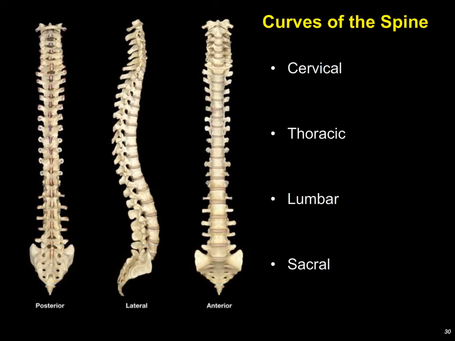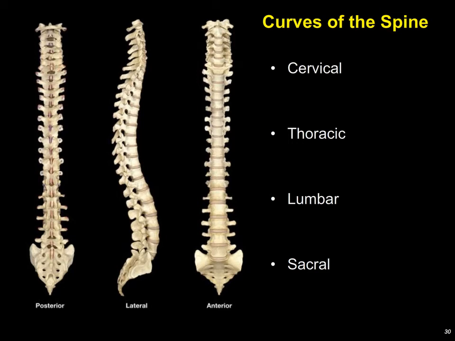The normal curvatures of the spine are probably best viewed from a lateral view. Overall the spine has an S shape with concave cervical and lumbar curves and convex thoracic and sacral curves. These curvatures increase the resilience and flexibility of the spine, allowing it to function much like a spring and absorb